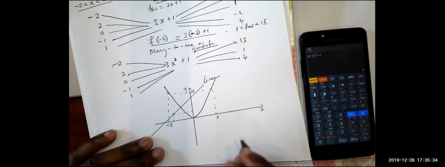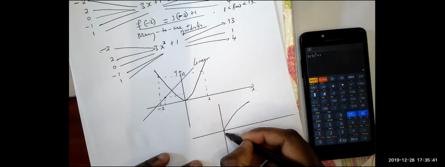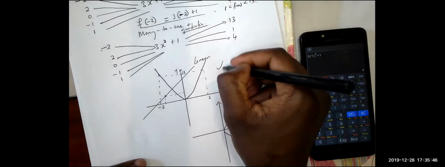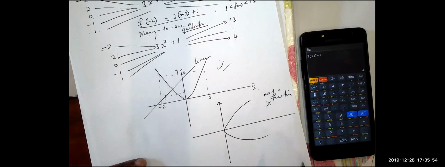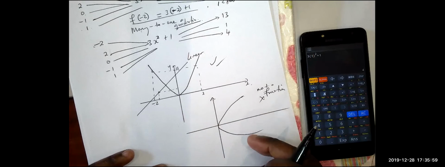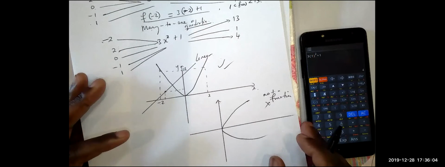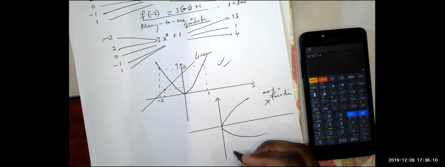Now let me show you something here. When we find something like this, in this case, this one is not a function. This one is a function. This one is not a function. Why not a function? Because you might get a question like this, asking why is this a function? And sometimes what should you do to make it a function? But that one we'll do later. The reason why it's not a function is because for every